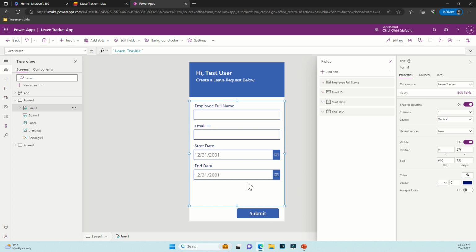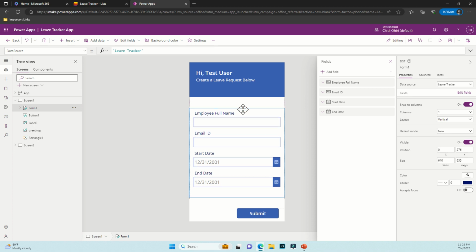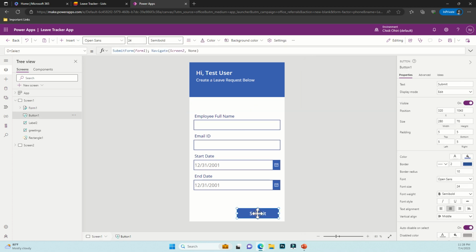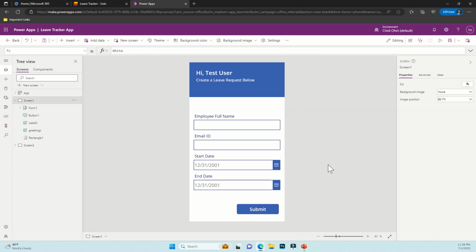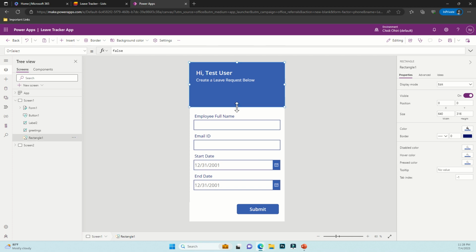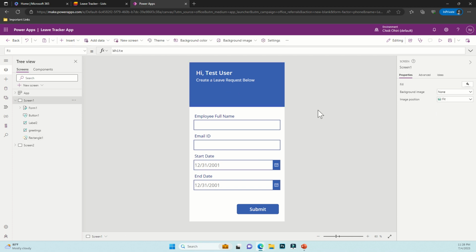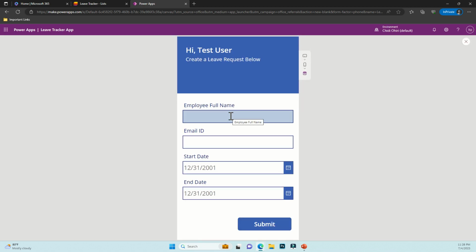Let me drag this down a bit, then take this button up. Okay, now when I preview this and then I do,